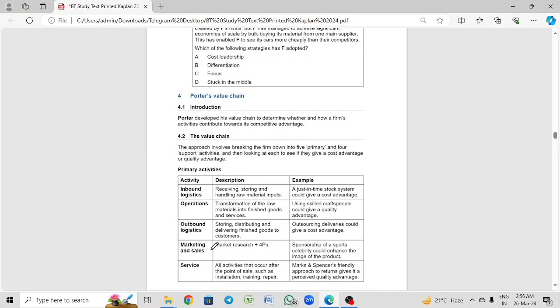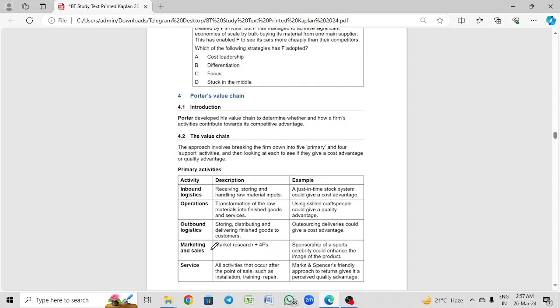आउटबाउंड लॉजिस्टिक्स मतलब मैन्युफैक्चर्ड शर्ट्स को मैं कितनी अच्छे से स्टोर कर पा रही हूँ, ठीक है, कितने अच्छे से मैं अपने डिस्ट्रीब्यूशन चैनल में उनको स्प्रेड कर पा रही हूँ, ठीक है। फिर मार्केटिंग, ठीक है, मार्केटिंग माने कि कितनी अच्छे से मैं अपने प्रोडक्ट को मार्केट कर पा रही हूँ। हमने 4 P's पढ़े थे, प्राइस, प्लेस, प्रमोशन, ठीक है। तो व्हाट आर द 4, हाउ nicely I'm able to opt for the 4 P's, ठीक है, and this after sale services, ठीक है, installation, repairing, repairs, ठीक है,